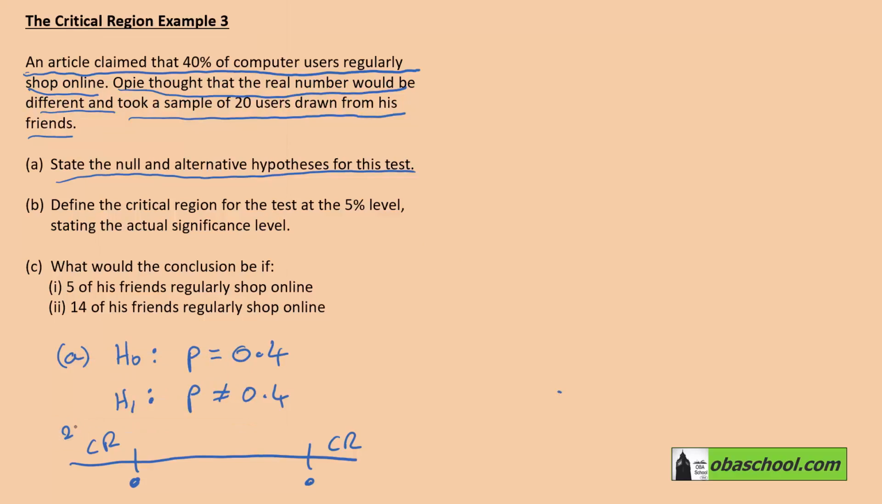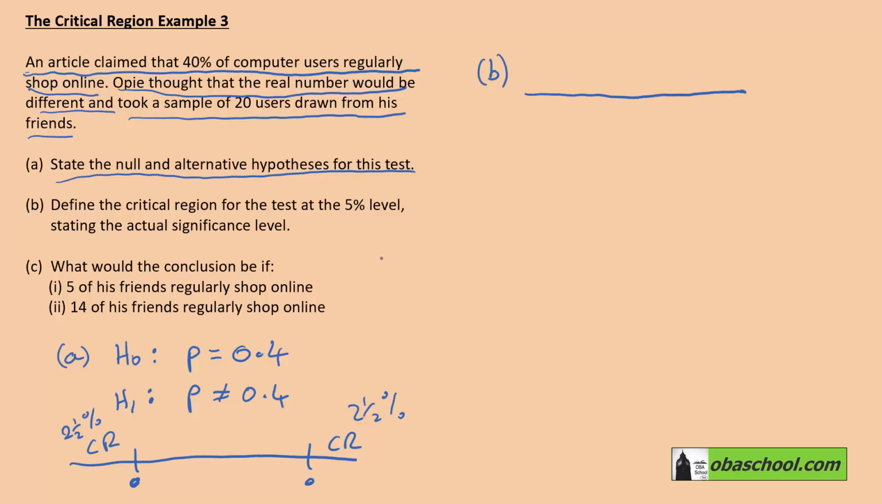2.5% at either end, or at least as close as we can without exceeding 2.5%. So we need to find the critical regions. Now I've already done some values. So at the bottom end,